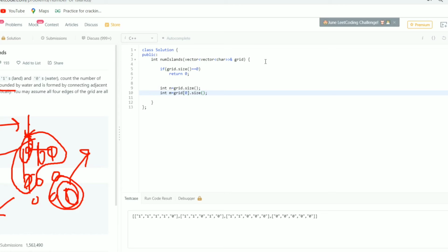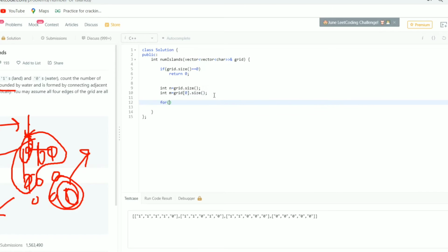Basically the input is a grid and it is represented by using a vector, and inside the vector again a vector of character. So this 1 and 0 is a character value. This is my number of rows, number of columns.